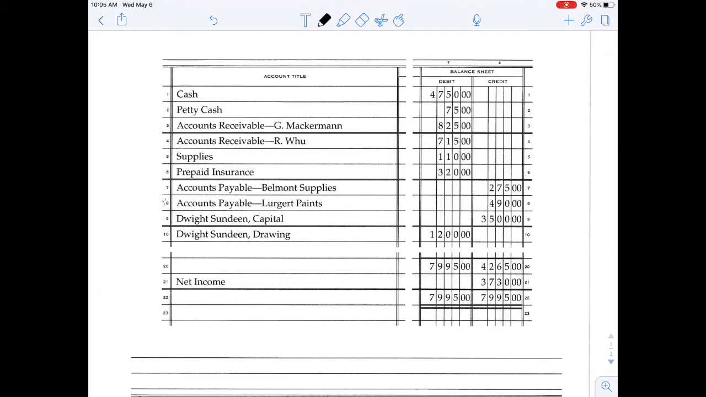A balance sheet is a snapshot of where a company is financially. It is a one-day snapshot. It can change every day because your cash changes, your assets change, your liabilities change. So it is a snapshot. It's a one-day thing. So when we look here, this is again a snippet of our worksheet, our scrap paper